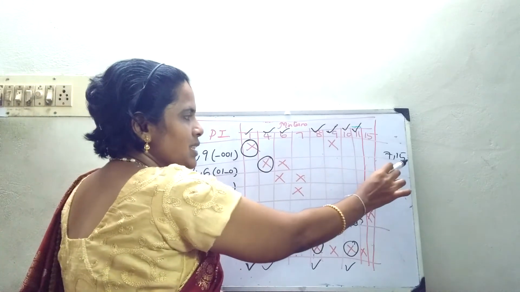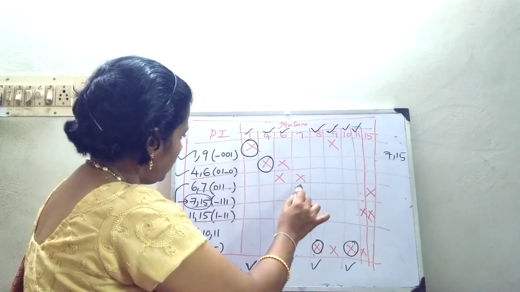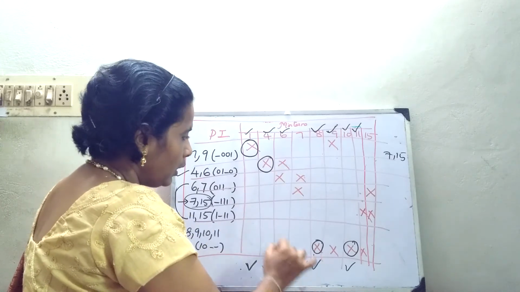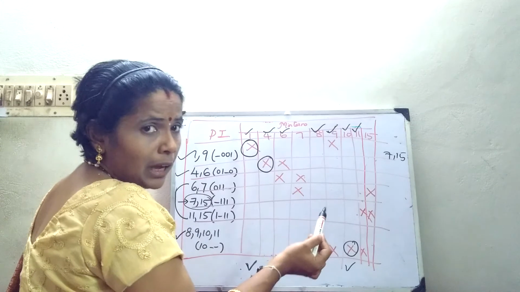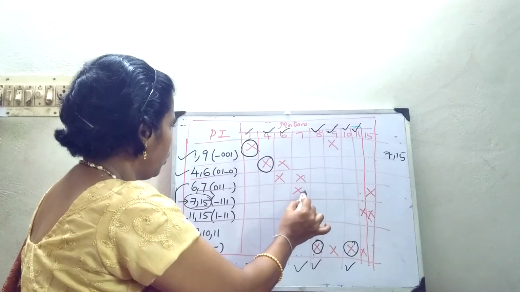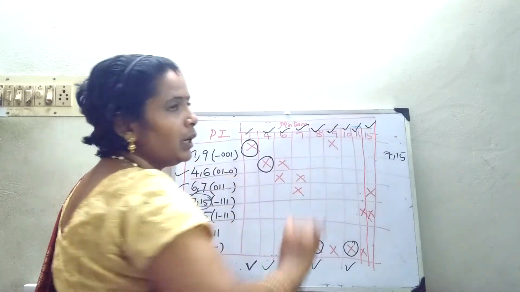So just find out which is the left out term. So 7 comma 15. Instead of going in this direct way, instead of checking, in that case I will have 2 terms. So there is where you have to apply your mind. So 7 comma 15, go and mark a tick over here. So your 7 and 15 will be marked.